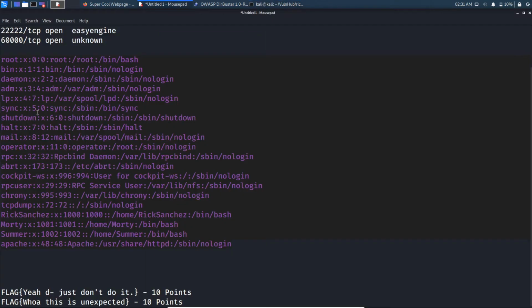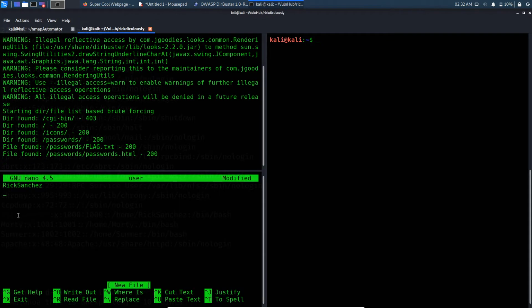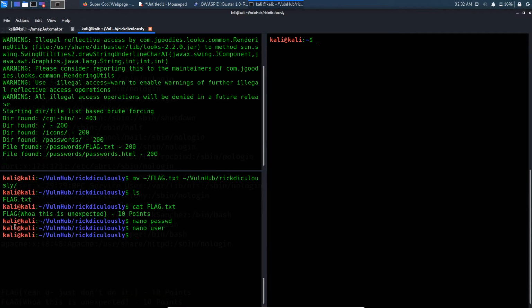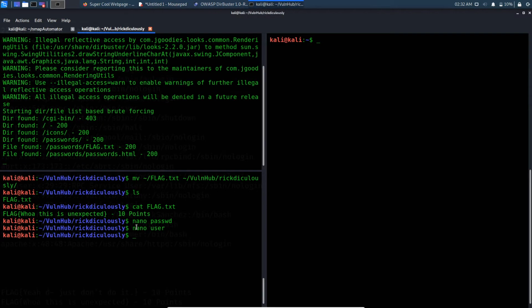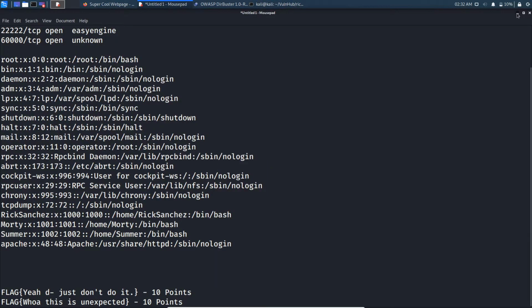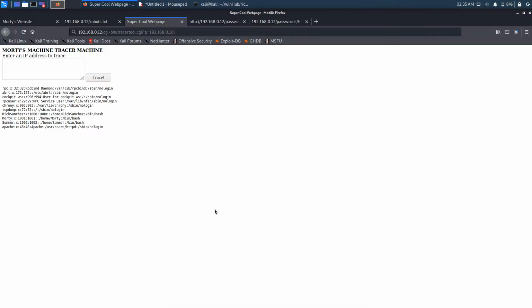Rick, Summer and Morty. Yes, let's save it. So we have a password file and a username. So let's try to brute force using Hydra. Wait a second. Before moving on towards the brute force, let us see with our